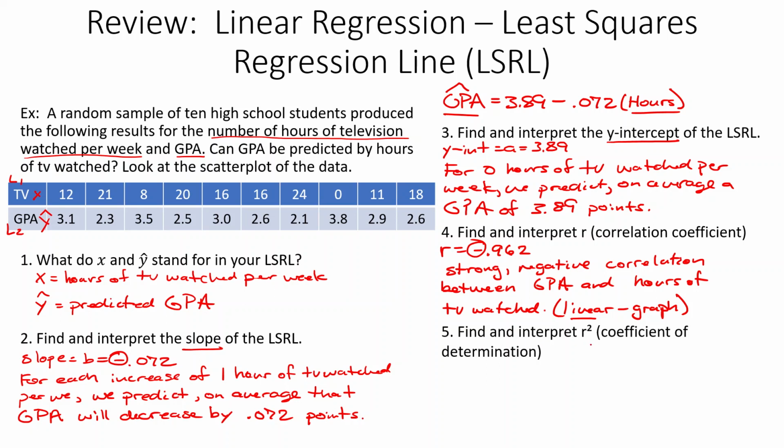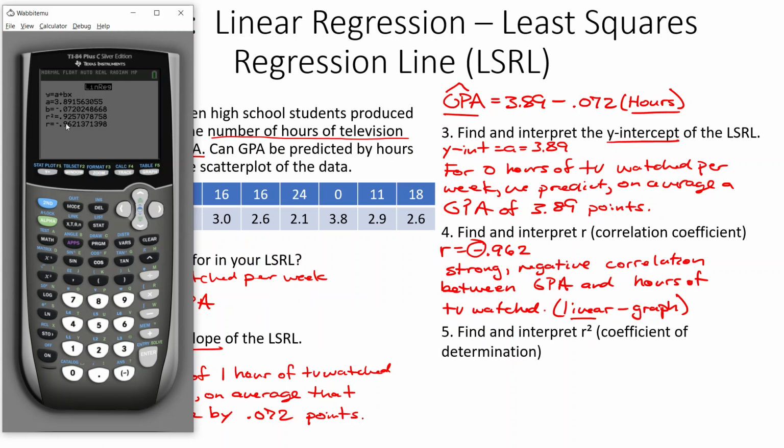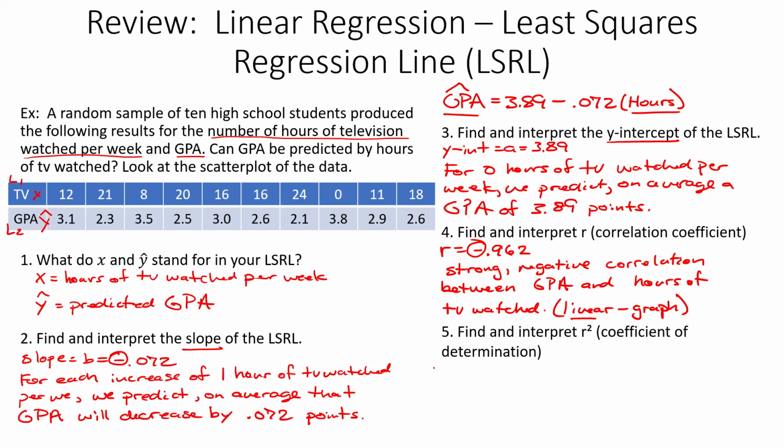Find and interpret R squared, the coefficient of determination. So that was the other guy there, which is 0.9257, so 0.926, I guess. And we usually write this as a percent. So that'd be 92.6. And then we would say 92.6% or 92% or 93% of the variation